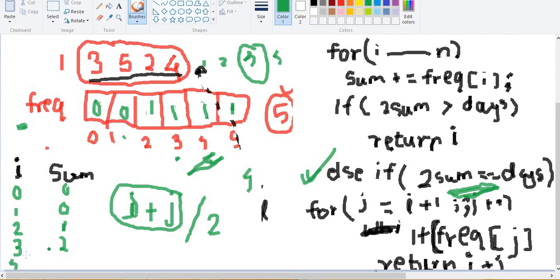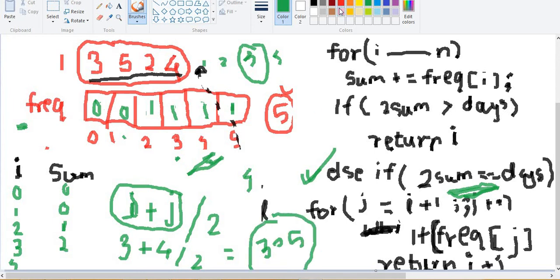So we know that for 3 we check the value exists, and for 4 the value exists. So 3 plus 4 would become 7 by 2, so 3.5. Let's check if this is the median of the given 4 elements. I know it's messy right now, but when I write the code this will explain a lot.